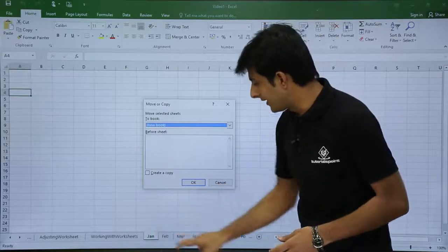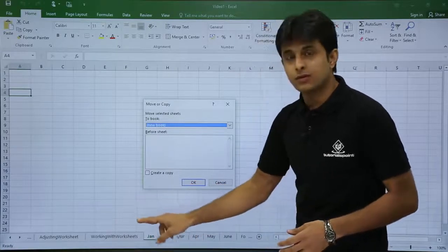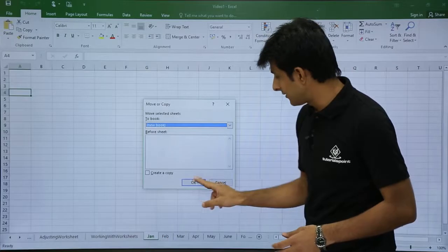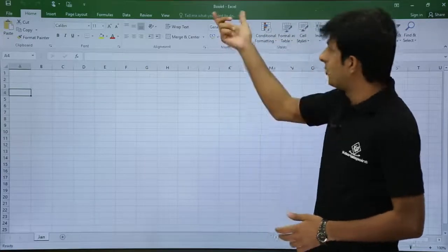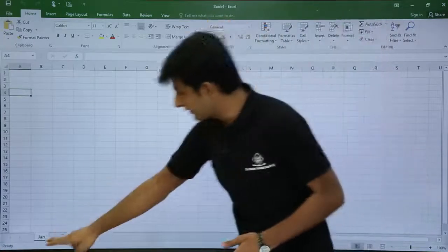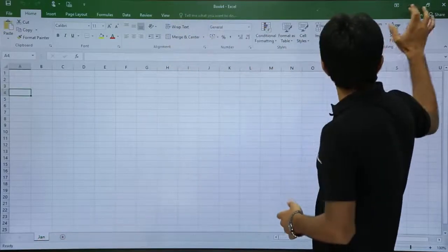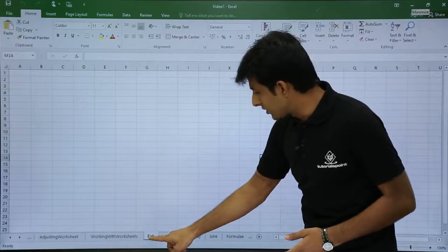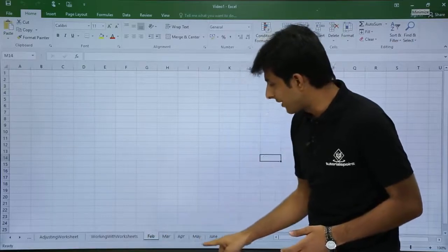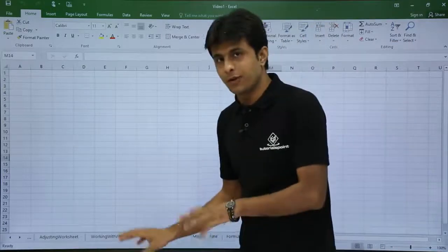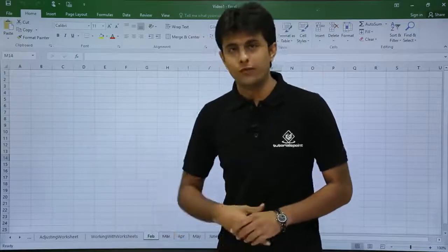So, the sheet will be deleted, and book 4 is a new file name and the Jan sheet has been pasted here. Now, let us see whether the sheet is deleted. You see there is no Jan now present, only Feb, March, April, May. So, that sheet has been cut from here and it has been pasted into the new file.